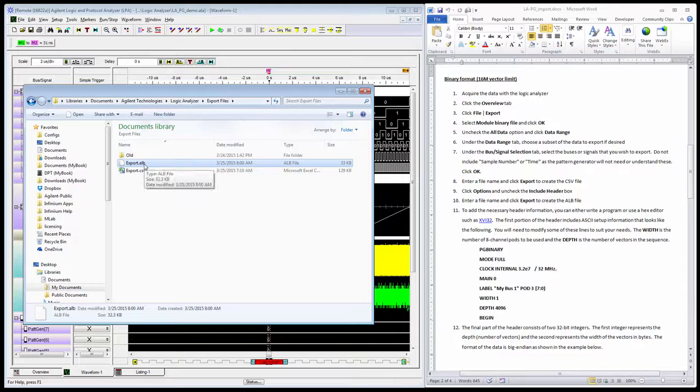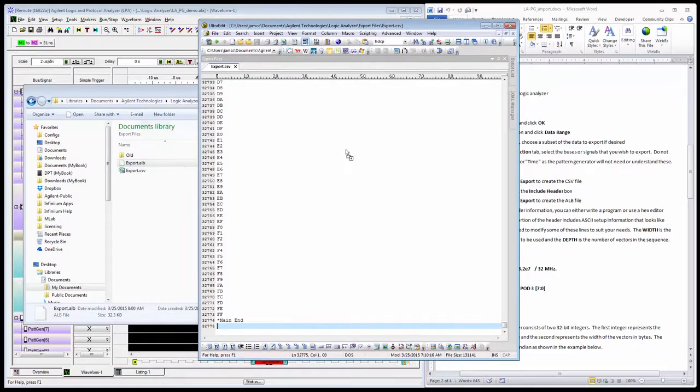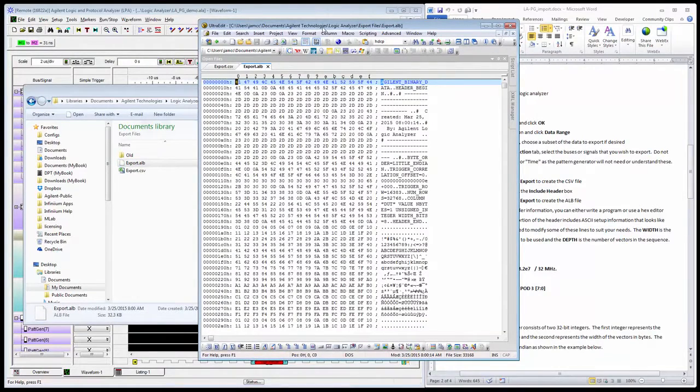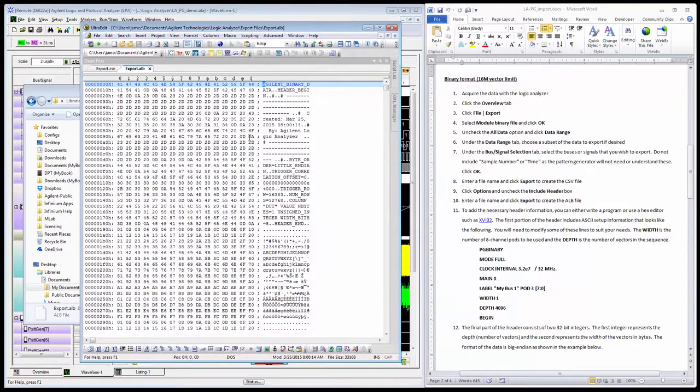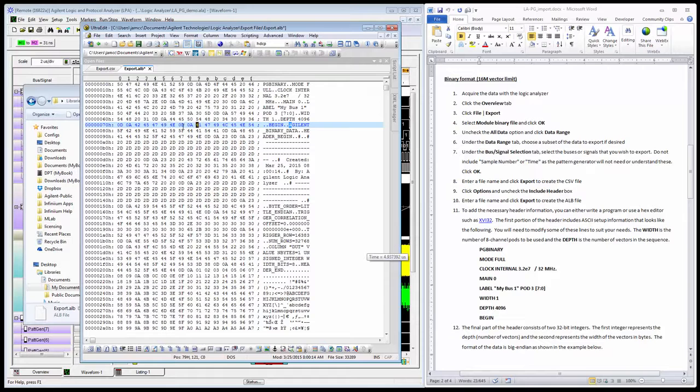Now I want to open this in a hex editor so I can add in the binary header information. Here we see the ALB file that was generated by the logic analyzer export, and I'm in step 11 in my procedure at this point. So I'm going to copy this to my clipboard, insert my cursor right at the very beginning of the file, and do a simple paste. I've got the end of the word begin, followed by a carriage return and a line feed. And at this very point right here, I want to insert